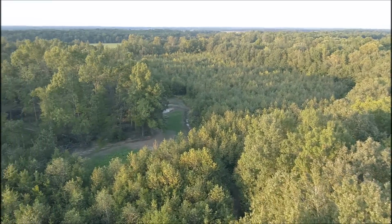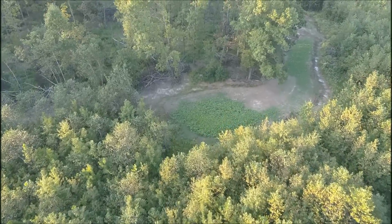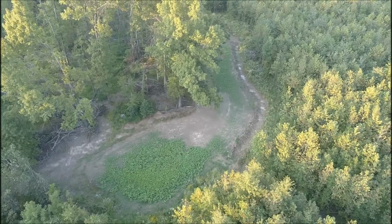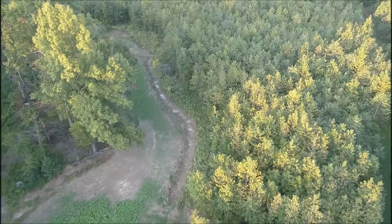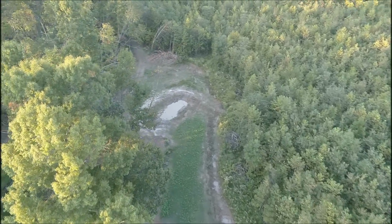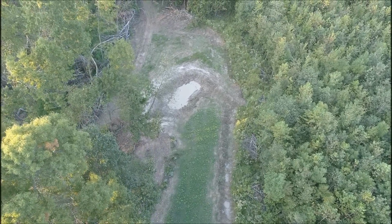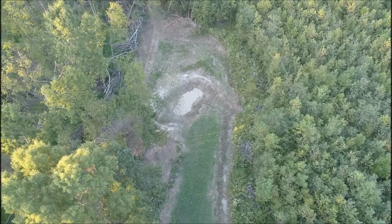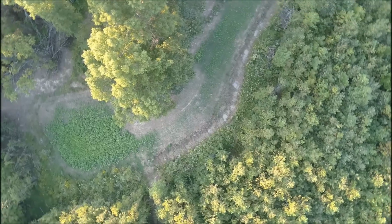So there you could see it almost looks like a golf course. But this one turned out fantastic as well. It's a brand new plot and a watering hole up there at the top of the screen where you'll see in a second. But this gentleman Mark should have some really good hunting experiences here. There's a watering hole. That's actually a very, very big watering hole at the end there that I dug. And I'm going to show you something here. Right here, if you look at this ground right here,